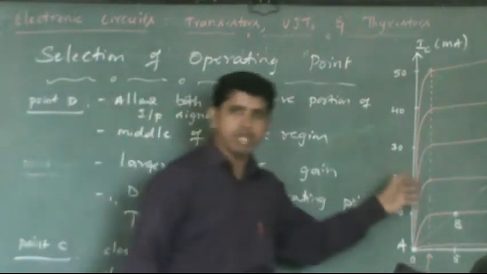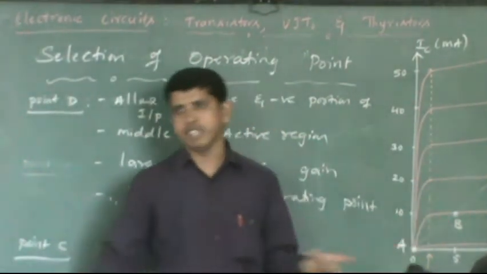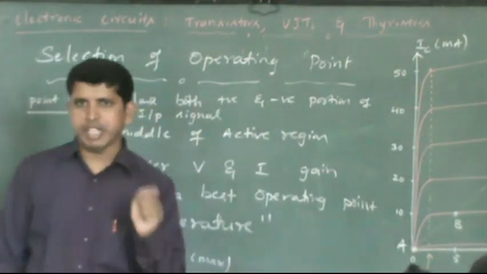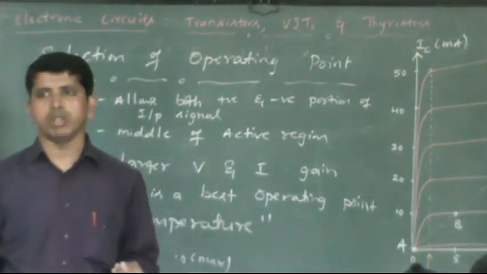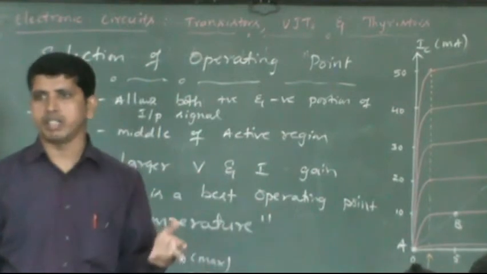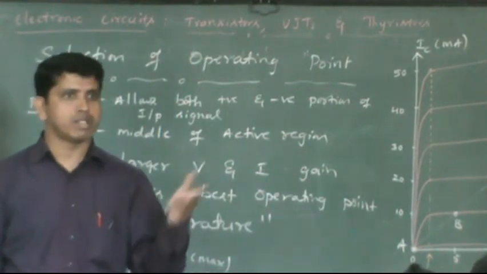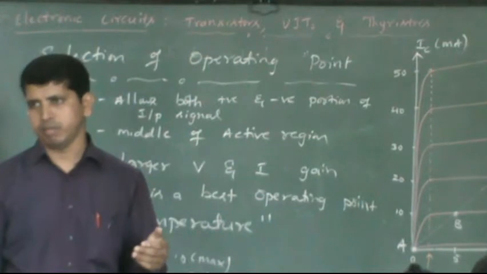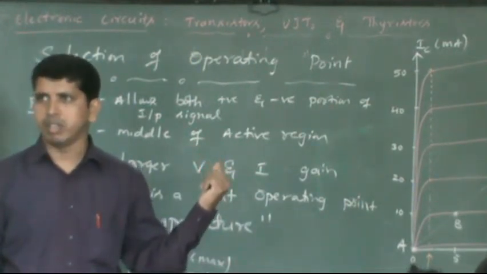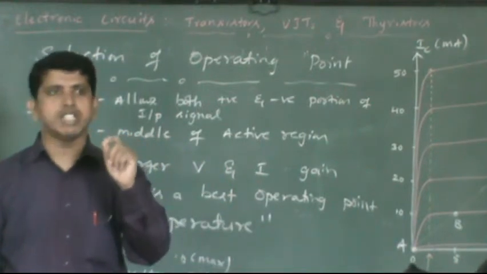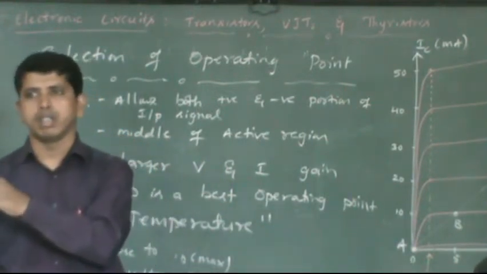Look at this. What is the operating point? First of all, by definition you look at VCE and IC. Look at whether the IC depends on temperature. You already studied in the case of a diode, no? Reverse saturation current. Have you come across that? It doubles for every 10 degrees rise in temperature. Even here also we come across leakage current. You see the collector current expression, IC is equal to beta IB plus ICO.